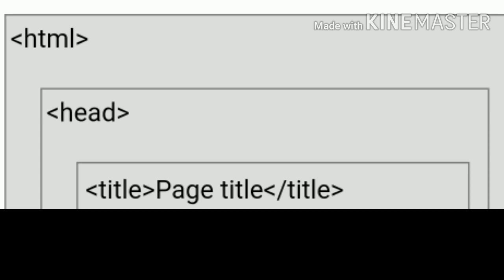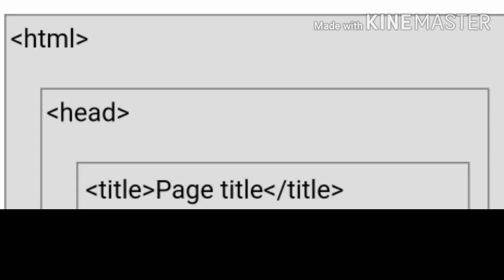The remaining ones, the head tags and title tags, are not displayed. Only the boxes in between the body tag are displayed as output on the browser.